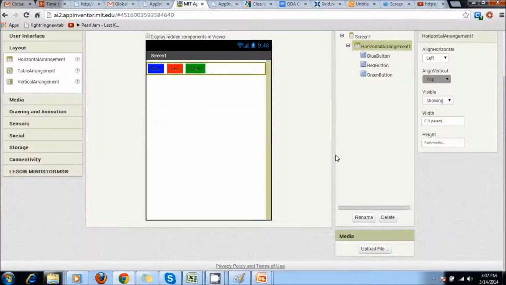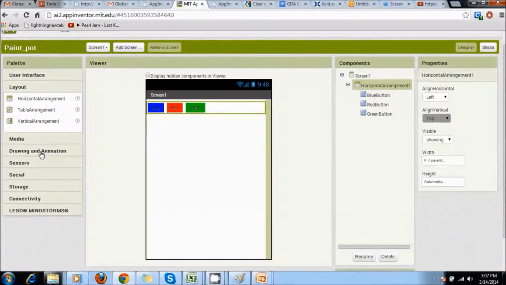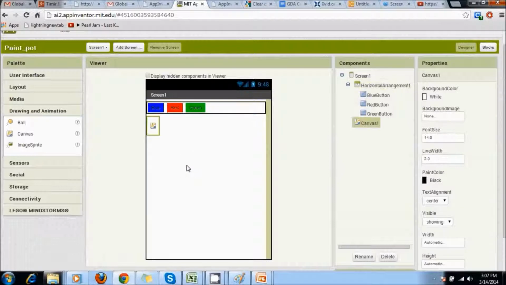Next is we're going to add the canvas. So now when you're going to add the canvas, we have to go to drawing and animation and drag and drop a canvas. So the properties that we need to set for the canvas are, first let's change the name of it.